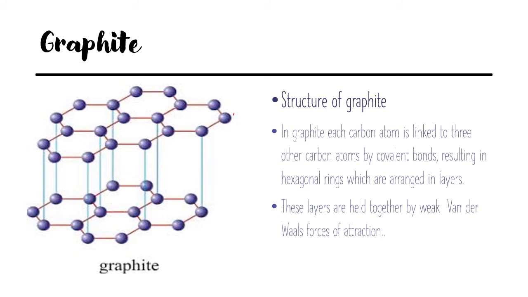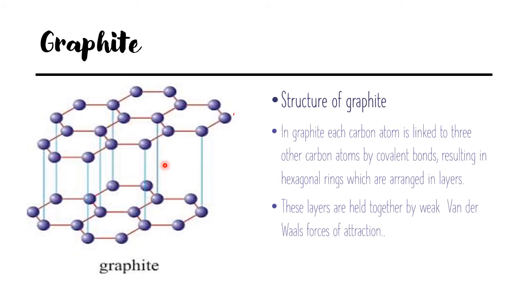At the same time, you can see here each carbon atom, as this carbon atom is bonded with 3, one electron remains free in this carbon atom. If you consider this carbon atom, 3 electrons are bonded, 1 electron remains free. So you can find in this hexagonal layer, each carbon atom has one free electron. And because of this free electron, graphite is a good conductor of electricity.